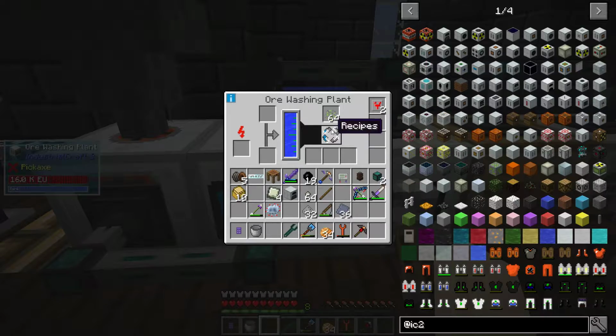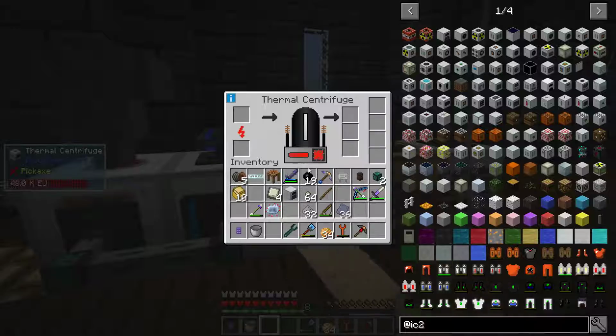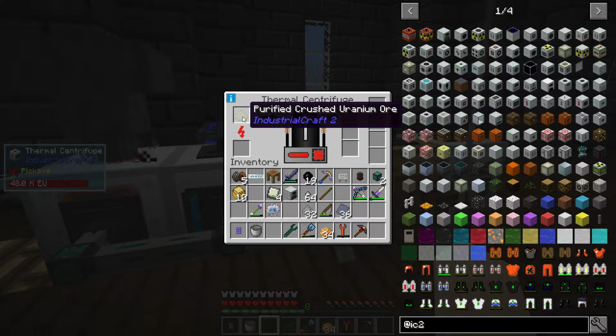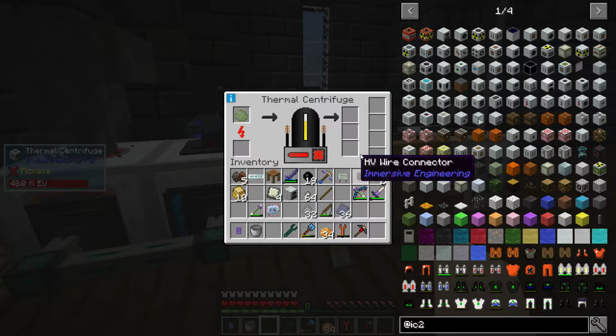Okay, we get out of it, we get uranium-238, or no, we don't. No, we get a, it'll be done here in a minute. We get a purified crushed uranium ore. Now this, once the centrifuge gets completed, turns into uranium-238 and uranium-235 at I think it's like a 2-to-1 ratio, something like that,